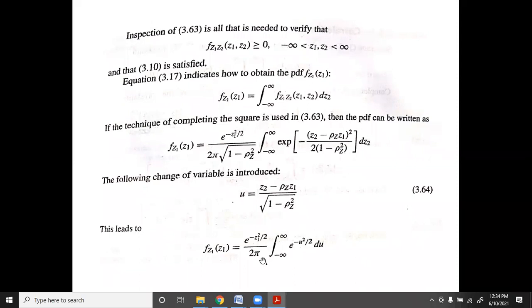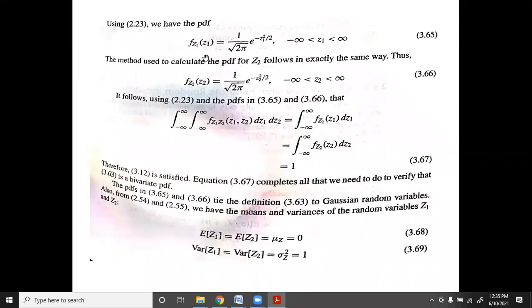So I can take this to the denominator, then naturally this is the same thing as we had in chapter 2. Okay, that will be the PDF. This is the PDF of Z1. Whether you have here X or Z or whatever, it doesn't matter at all. Okay, so f of Z1 will be equal to 1 by root of 2 pi e to the power of minus Z1 squared by 2, which is the quantity we have. So we have the PDF which is equal to this, right? So from that, we can just get the PDF of that.